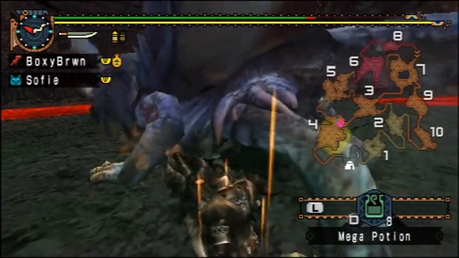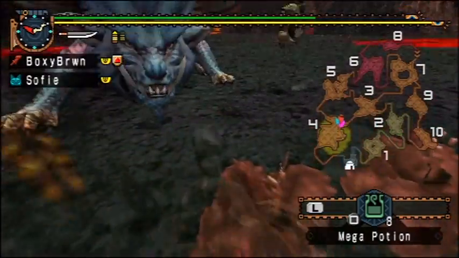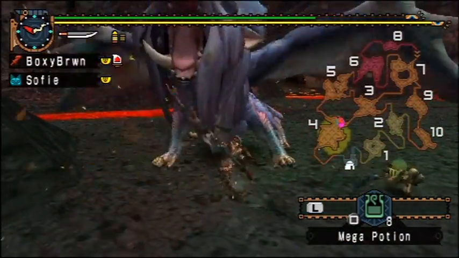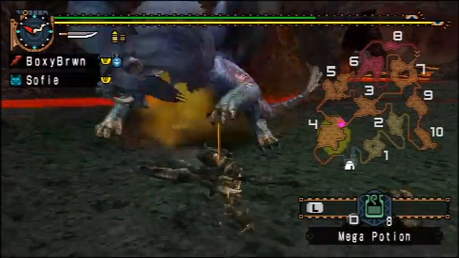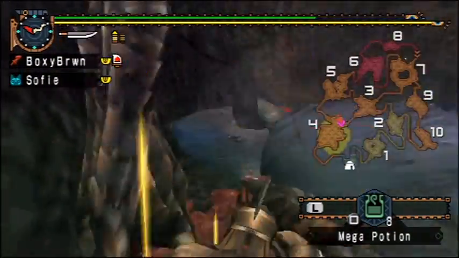Yeah, I can kill Black Gravios in between 10 to 15 minutes. It's really sad, but now I've got the tactic down here. So. And whoa. She does not...